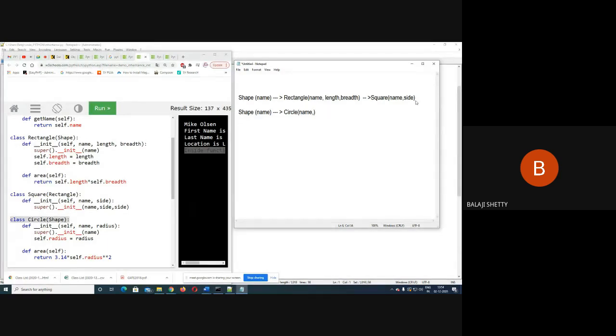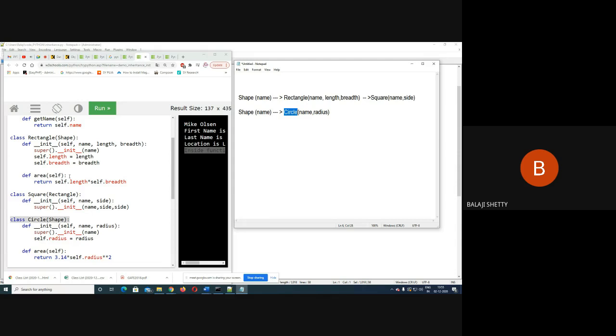What is the formula for the area of a circle? Pi r square. So this is the example to print the area of a rectangle, square and circle using inheritance in Python. The objective of this code is to calculate the area of a rectangle, square and circle with the help of inheritance.